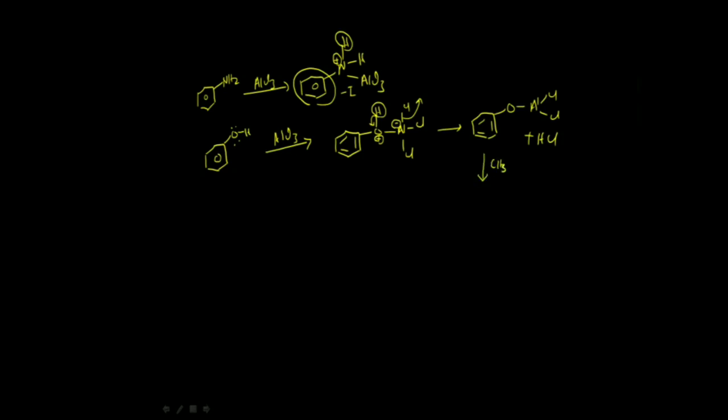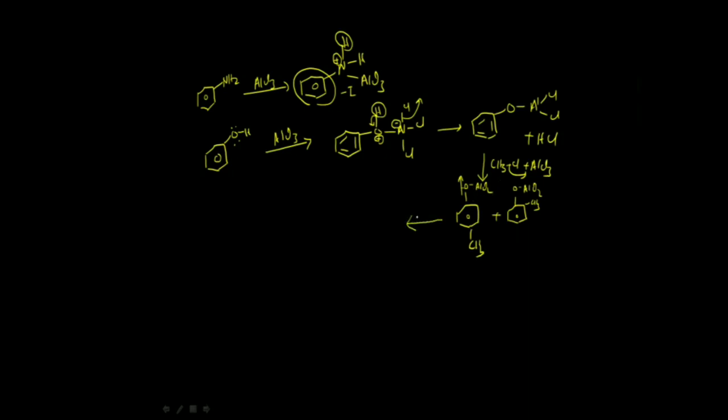Suppose you take CH3Cl and AlCl3. That releases a CH3 plus electrophile. The CH3 plus electrophile attacks at the ortho position and para position, with AlCl2 here. Of course, you know that the para product is major in this case because the oxygen is a plus M group and also acts as a minus I group. Because of the minus I effect, the electron density at the ortho position decreases very much. That's why ultimately the electrophile CH3 plus attacks at the para position.